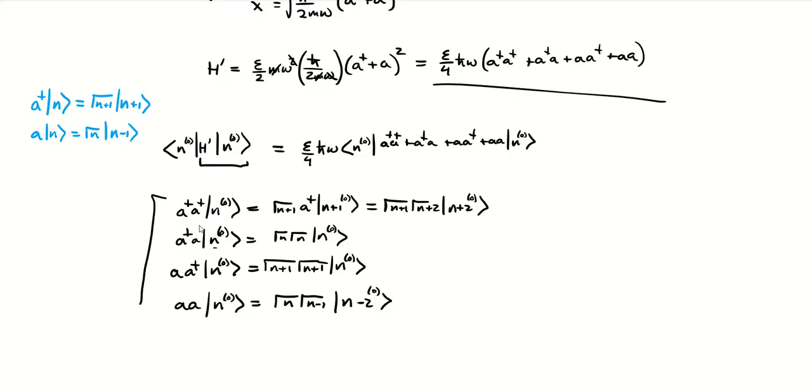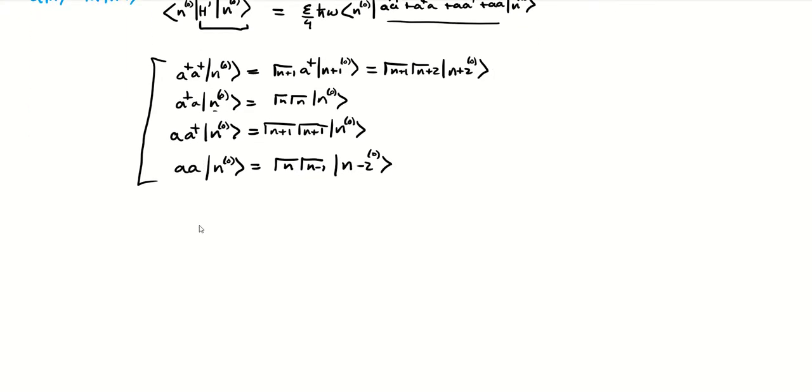So we know how all of these terms in our Hamiltonian are going to act on that state. So we get that first order perturbation to our energy eigenvalue. It's just that epsilon over 4 h bar omega, n0, and we're going to end up having all of these terms in there, right? We have root n plus 1, root n plus 2 times, let's do these, n plus 2